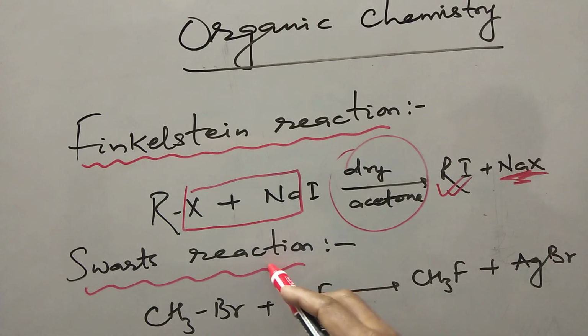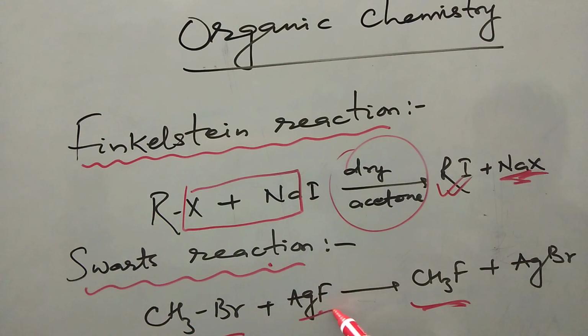Now coming to the Schwarz reaction, this is the method of preparation of fluoroalkane. So when bromomethane is treated with silver fluoride or any metallic fluorides, then what happens? This Ag takes up the Br, fluorine gets attached to the methyl group, so it forms fluoromethane. This reaction is called the Schwarz